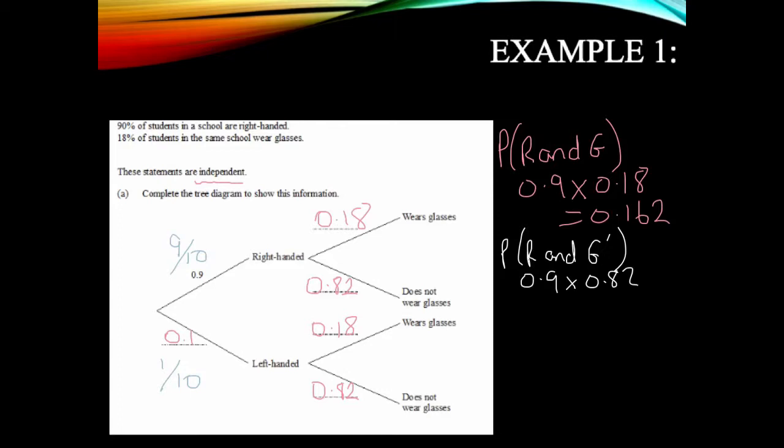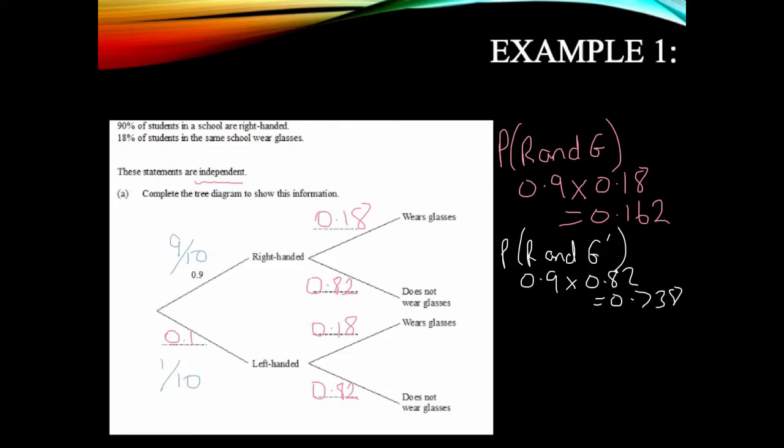Remember, it's this down here and this one. So we're now following a path. We've come to the right-handed, and we're now choosing the different branch down here. So it was right-handed and not wearing glasses. Let's see what we've got here. I'm just doing this on my calculator, but again, you can use whatever method you prefer. Here I've got 0.738,